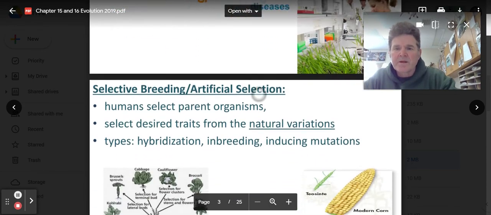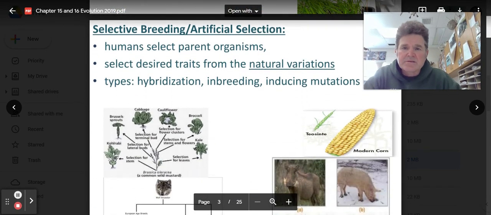So one of these is selective breeding, or artificial selection. In nature, organisms select their mates, and they select them many different ways. When it comes to animals, the males will court the females, then the females select the male, and that's really true in many bird species. But now, what if we have humans that pick the animals that will breed together? For instance, let's talk about